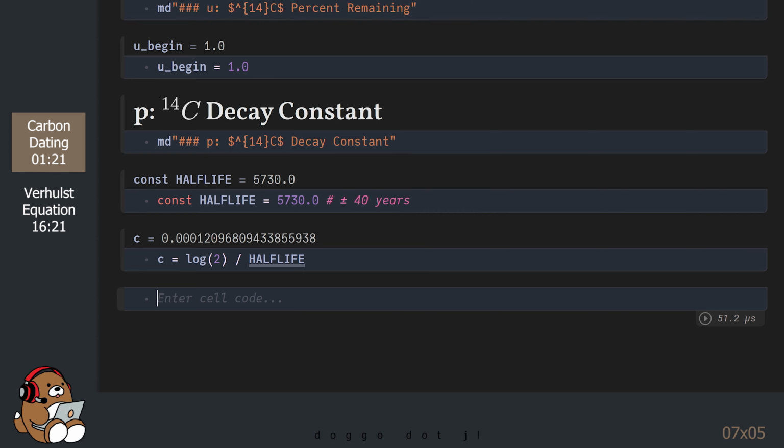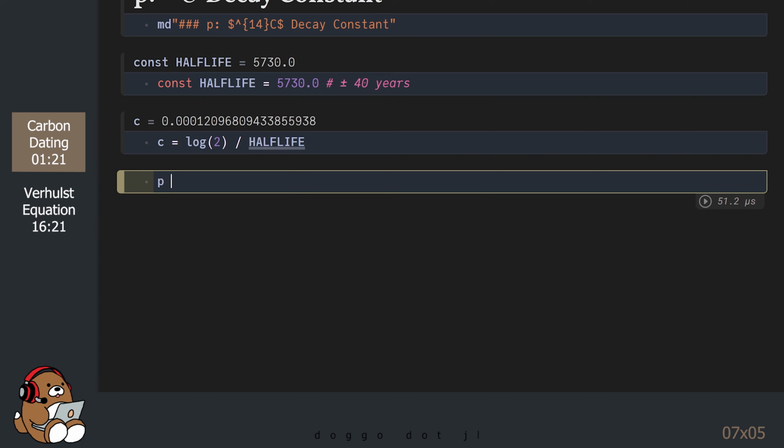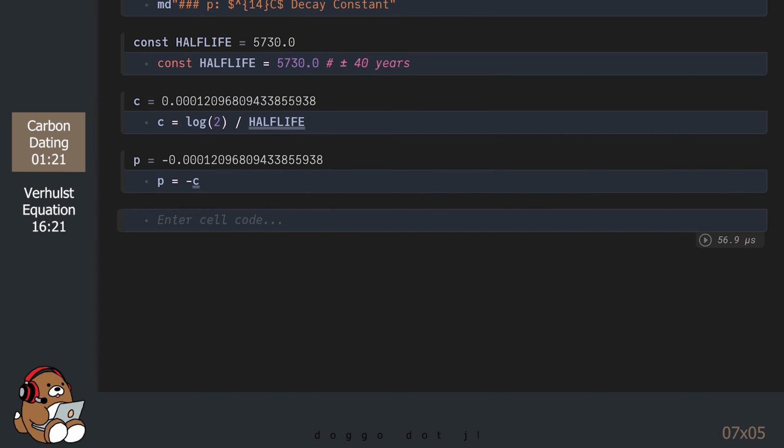Now that we've calculated the carbon-14 decay constant, we need to assign a value to the variable p. Fundamentally, the only difference between the continuous compound interest problem and the radiocarbon dating problem is that the parameter p is positive for growth and p is negative for decay.